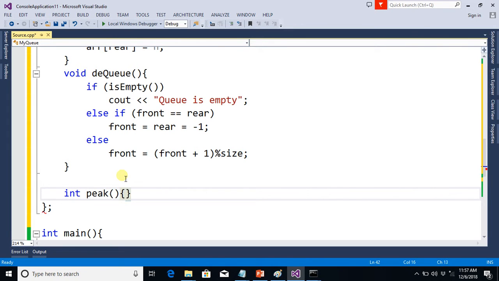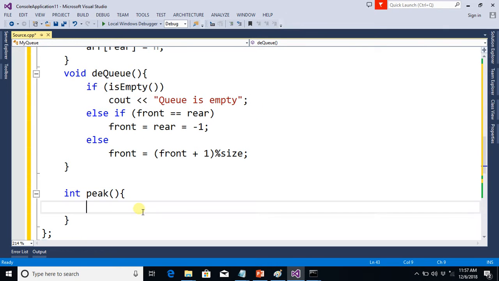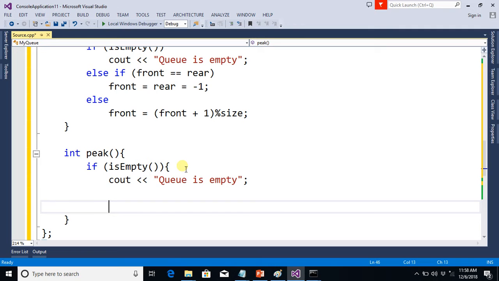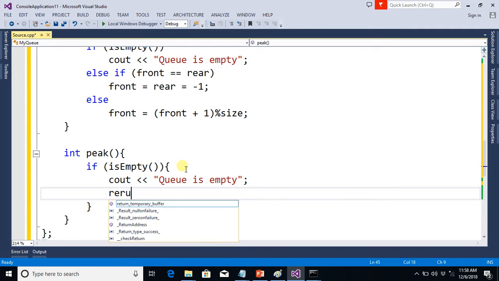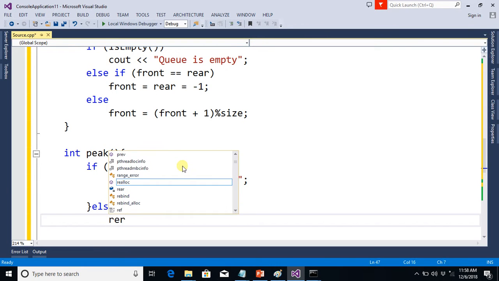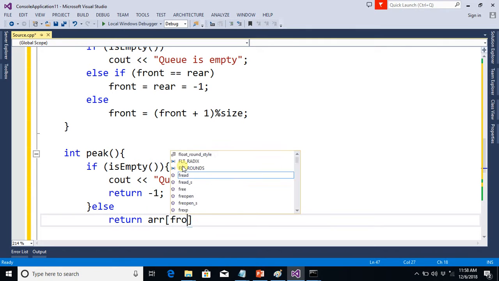Here we again check if the queue is empty. We will say queue is empty, and when queue is empty, we will simply return -1. Else we will return the value that is at the front at that time. So this is it,